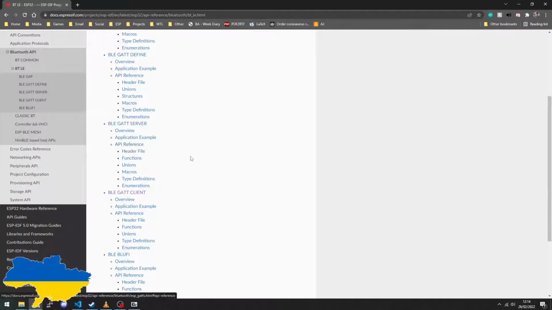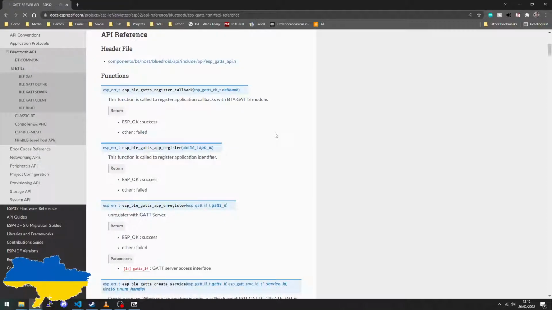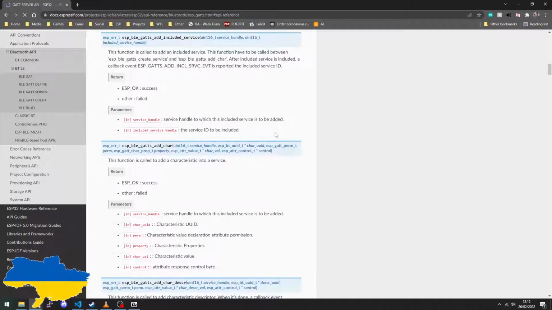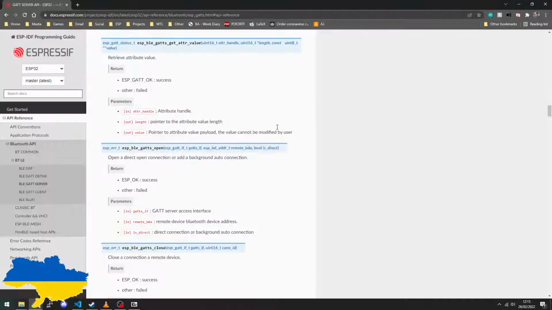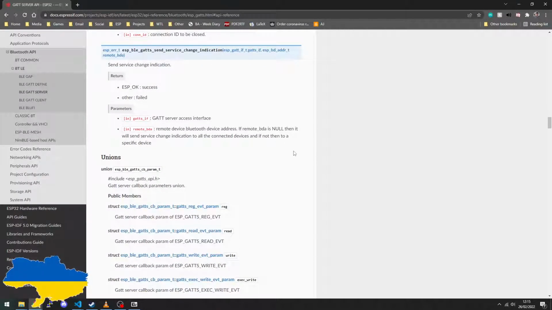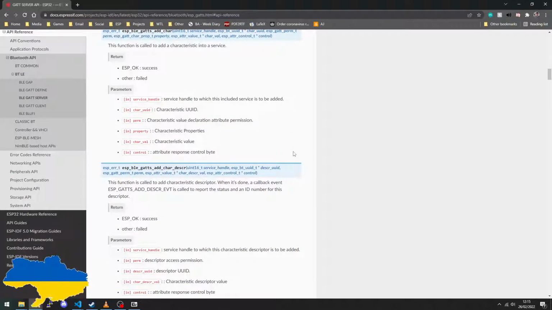GATT we want, GATT server we want. So let's have a look at this. Sorry as I just zoom scroll through this looking for what I want. I don't think this is documented particularly well.